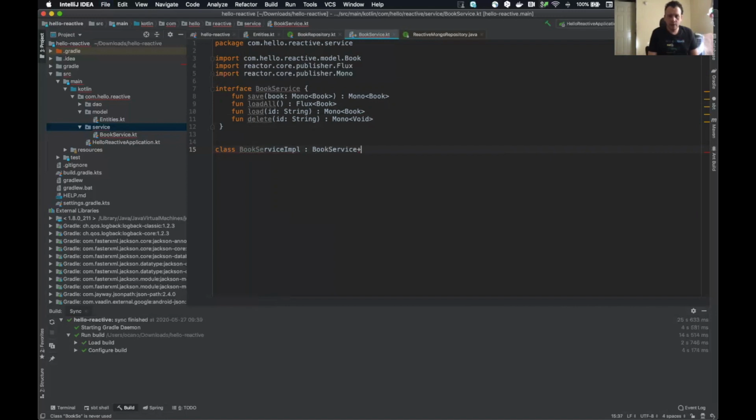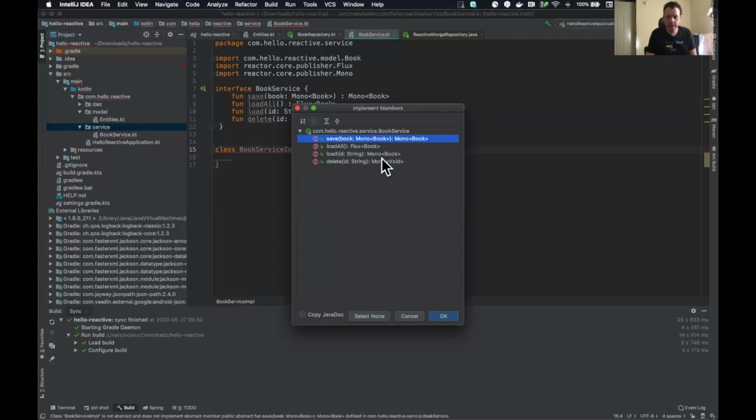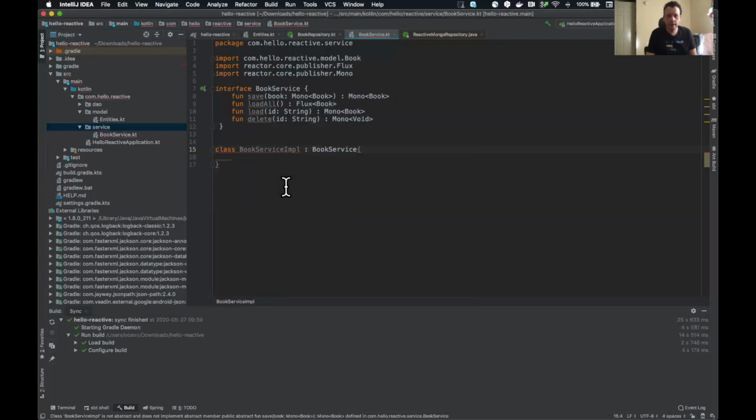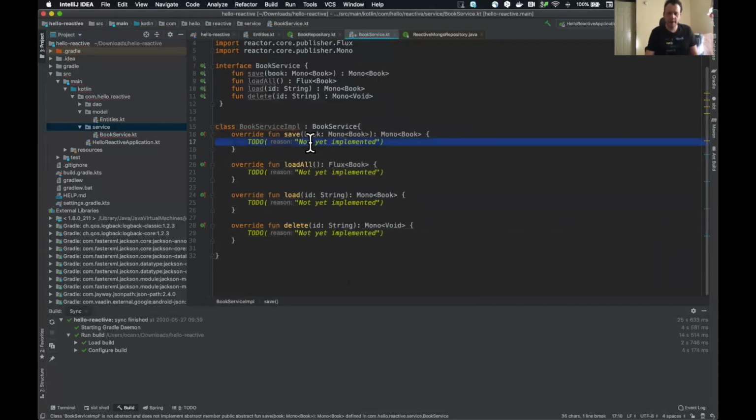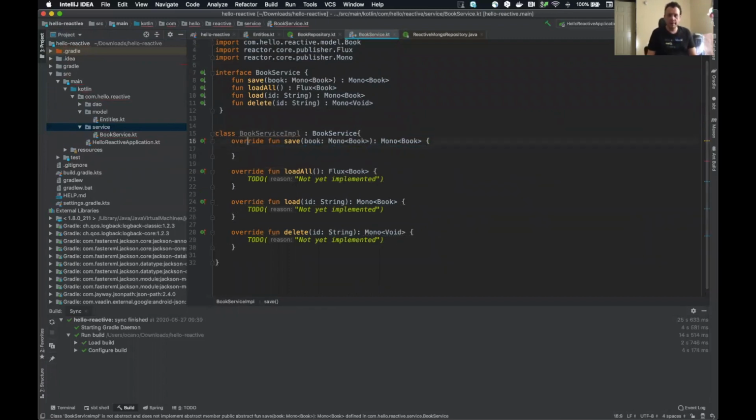And obviously, we need to implement the methods from our interface. Let's select implement members. Let's select all of them. And we have here our functions implemented. As you can see here, we have an override fun. That is the way that we are overriding a method, or in this case, a function from another interface inside